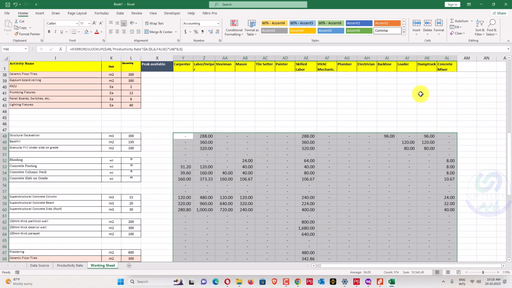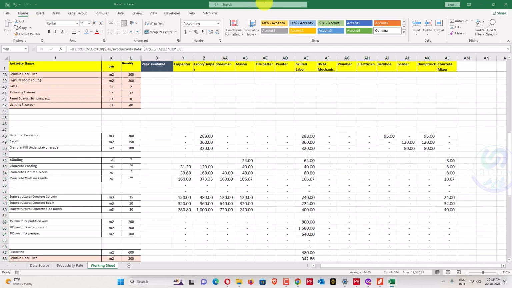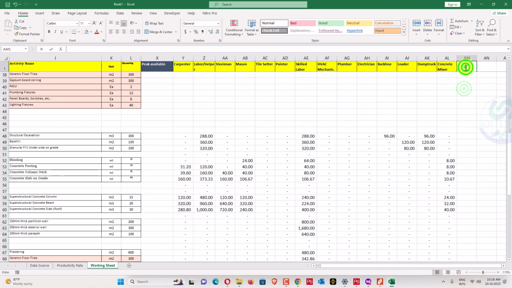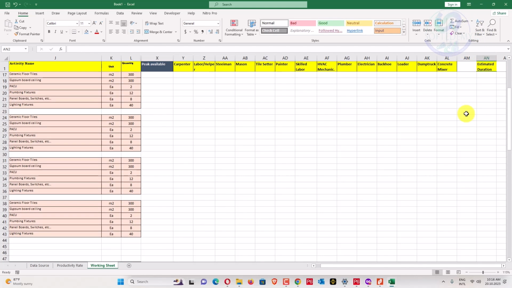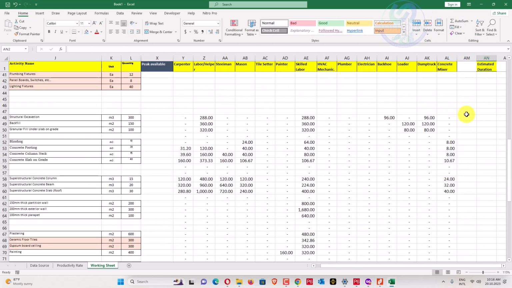So we also require here to calculate our duration from here. How will we estimate our duration? We can see here estimated duration from our peak available man hours, this one peak man hours.